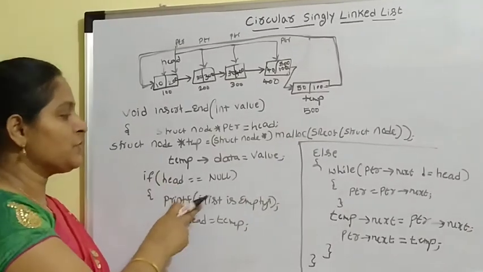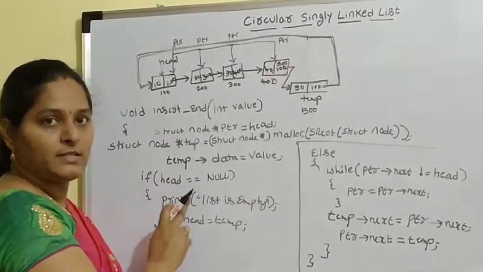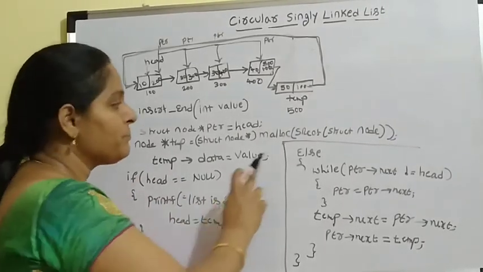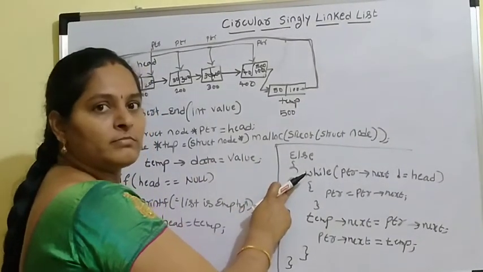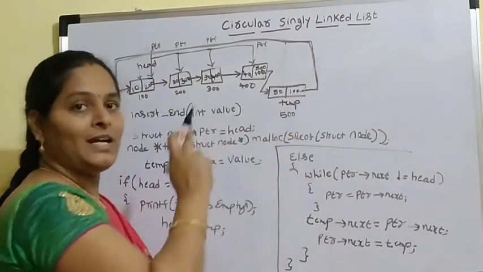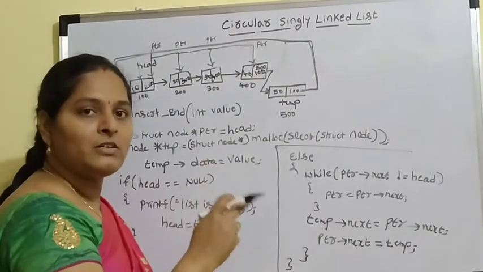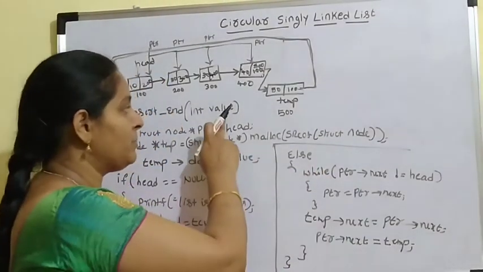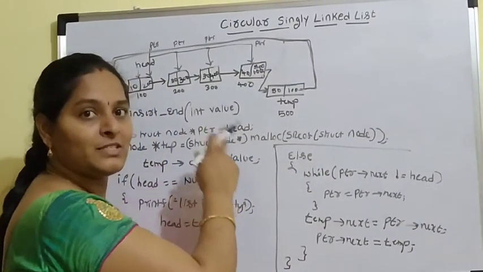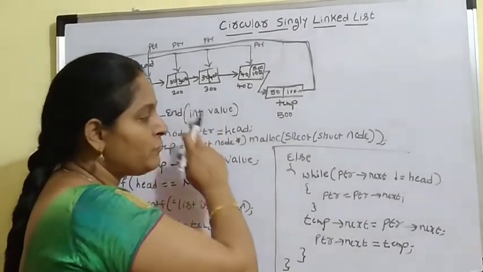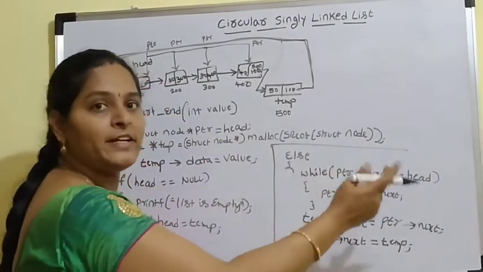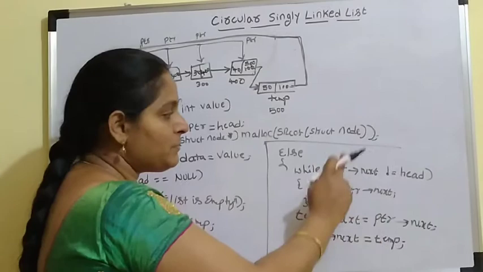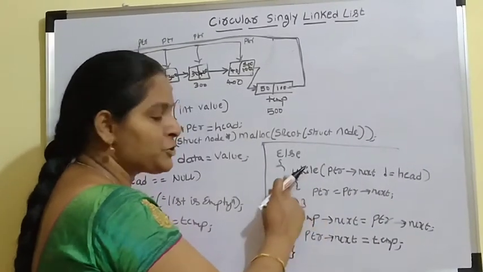Okay, so as usual, if the list is empty, head is null, there are no nodes in the list, our inserting node will be the last node as well as the first node. Suppose if the list is not empty, we need to know the last address, because after the last node only we are inserting. That is the reason why for finding the last node, here I am taking one pointer PTR. Initially I am assigning head address to the PTR. So from the beginning I am verifying whether the PTR next is head or not. If PTR next is not head, move PTR to the next position. Suppose if you reach the last node, then definitely this condition will fail.